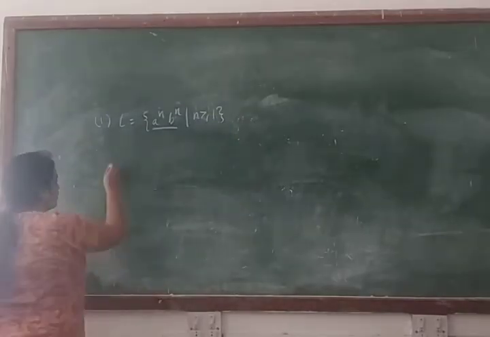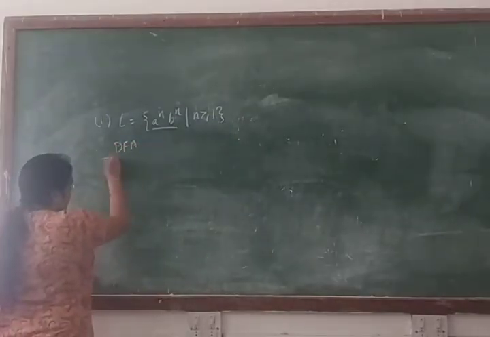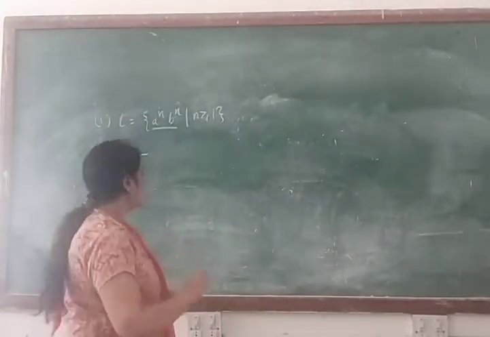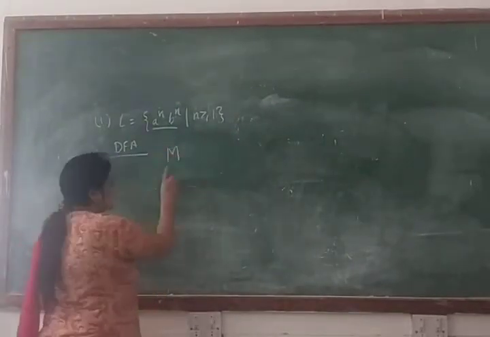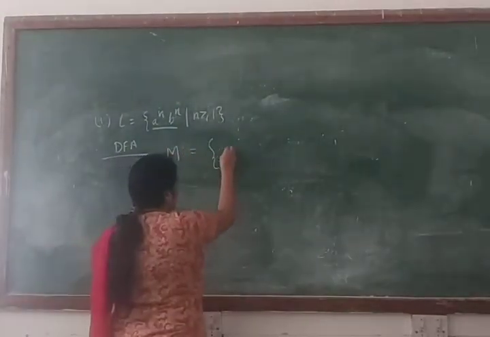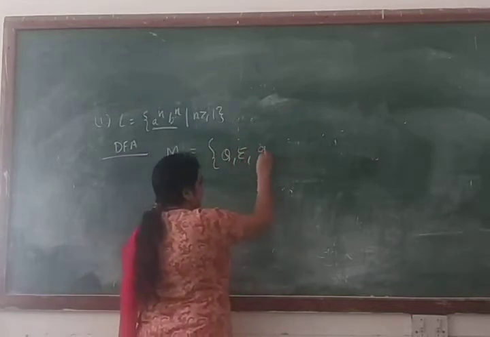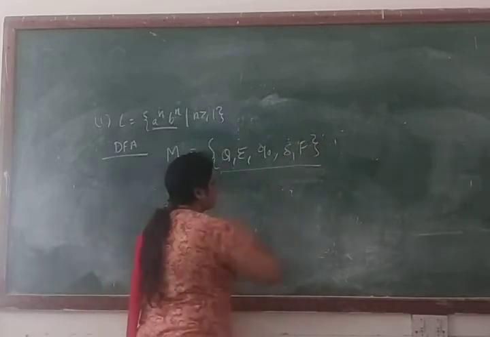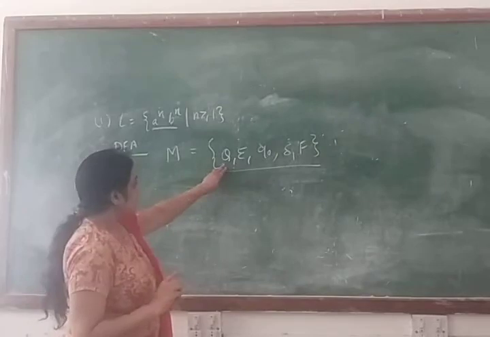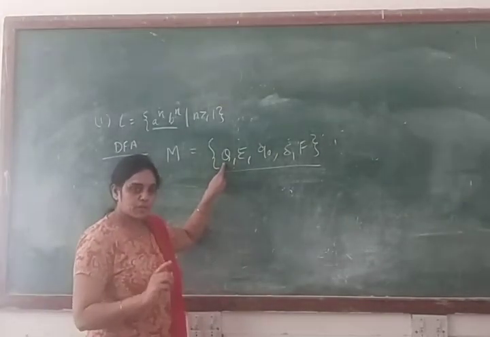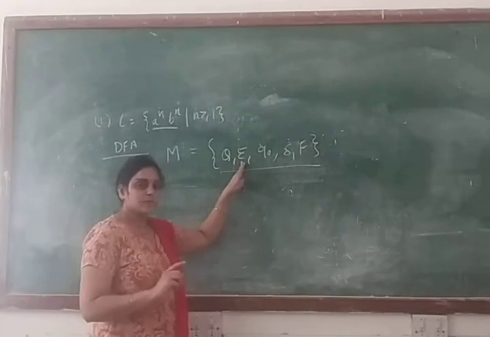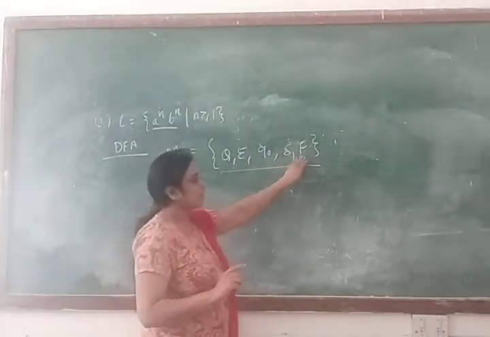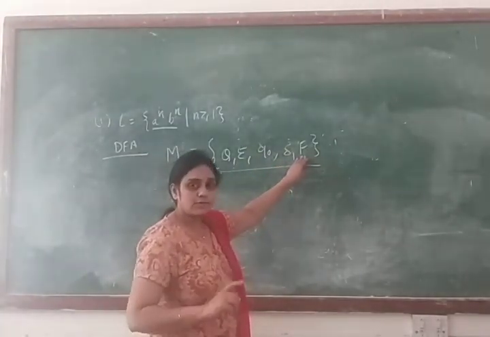Now we will make machine, DFA machine. So in last lecture we have discussed DFA. We have formally defined by using 5 tuples. So what tuples we are using in DFA? Capital A represent the machine, and in DFA capital Q, sigma, Q0, delta and capital F. Basically these 5 tuples you are using for representing machine. Here capital Q represents the set of state in your machine, sigma represents the set of input symbol, Q0 represent the initial state, delta represent the transition function, and capital F represent the final state or set of final state.